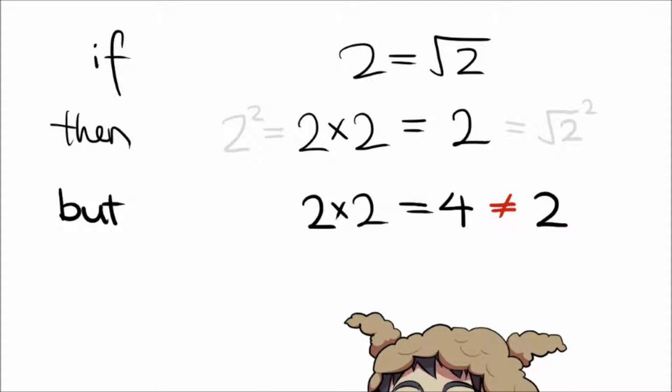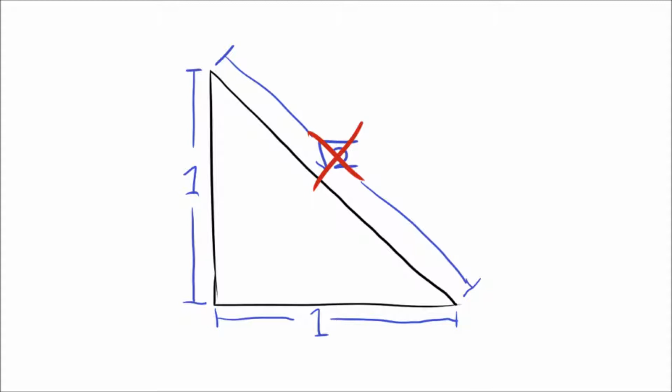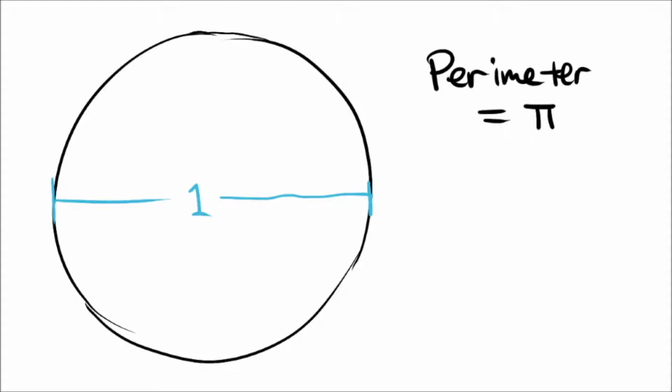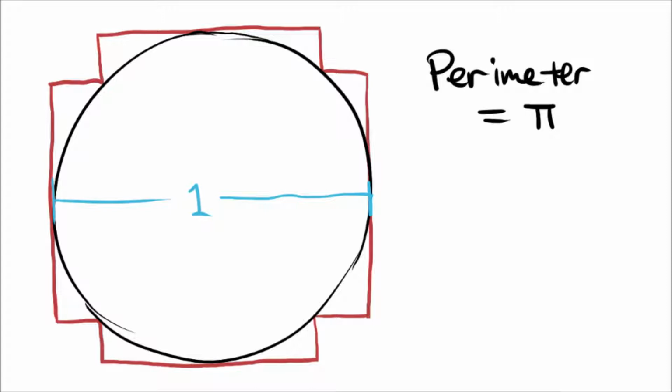So the real conclusion is that everything we've been taught was a lie. This length isn't the square root of 2. It's 2! Sorry, I had to. But here's a proof that pi equals 4, using a similar argument. We get a circle of diameter 1, so the perimeter should be pi, and the perimeter of this here square should be 4. If we fold the corners of the square down to the circle, the perimeter should still be 4,